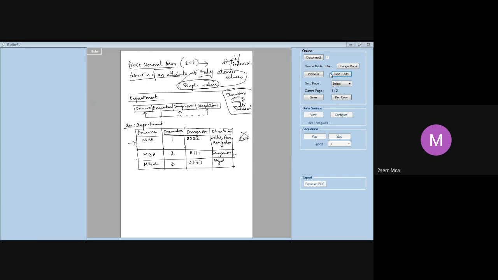Okay, so now what are the different ways in which we can set this right, or what are the different techniques by which you can achieve first normal form for this particular table? Just because a table is not in first normal form, we cannot leave it at that. We have to see how we can make it into first normal form. All right, let us see that. There are 3 main techniques to make this table first normal form.